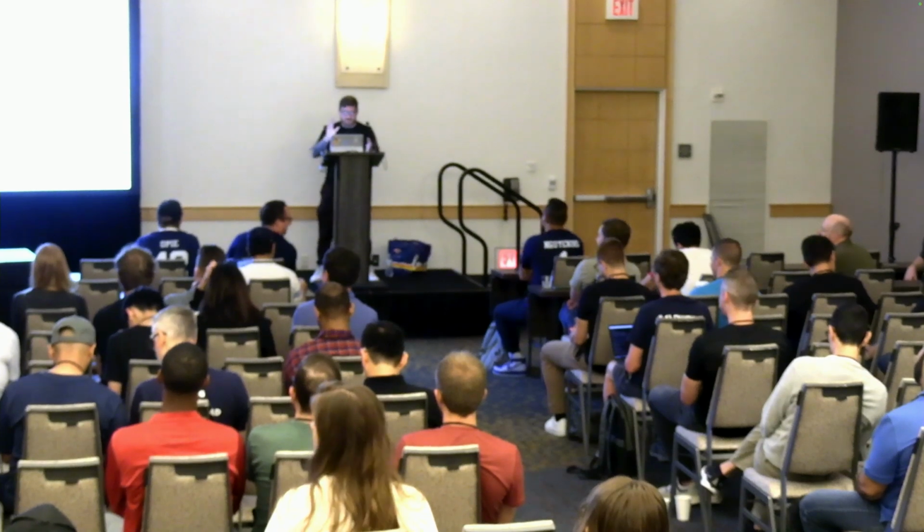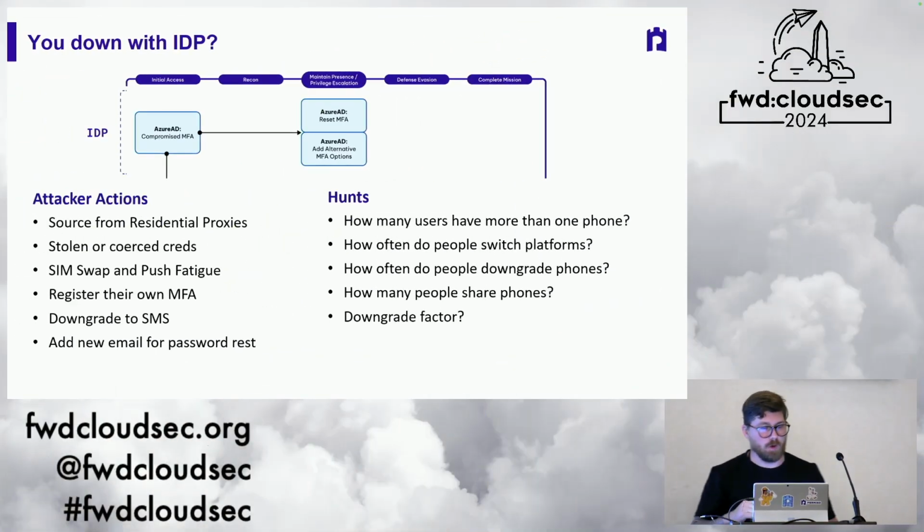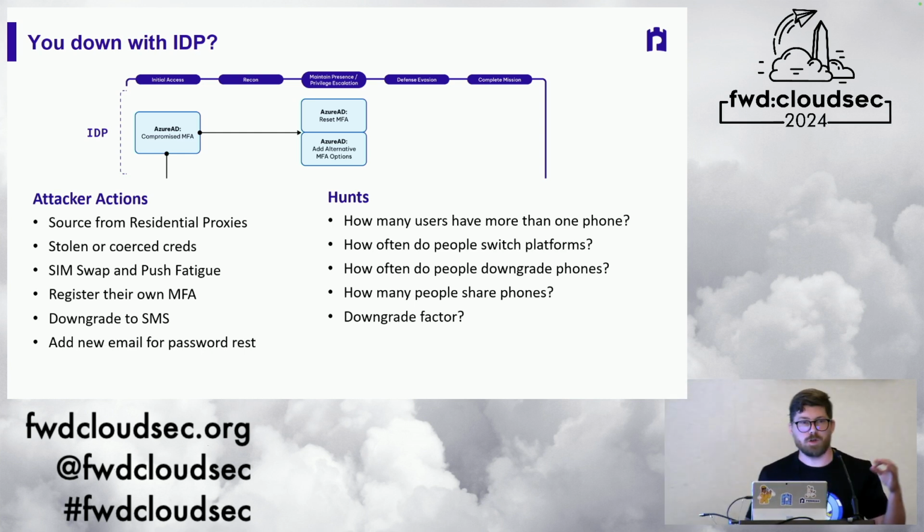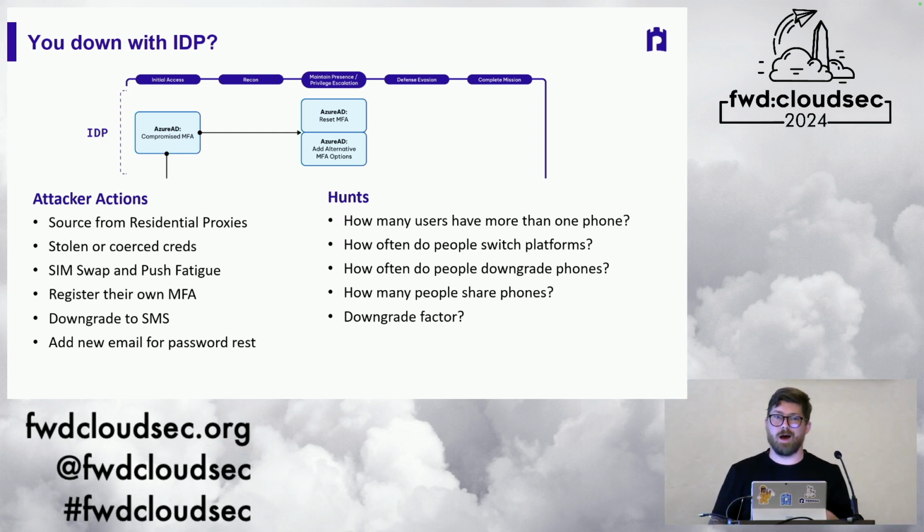All right, so let's talk about the IDP side. I'm going to be quick on this. I know everybody here loves AWS and Azure, but I want to touch on the other components of this. They're always sourcing from residential proxies, and again, very targeted about the personas they go after. They're going to buy, coerce, or bribe their way to creds very often, sometimes setting up targeted phishing infrastructure to harvest creds. If you're interested in tracking that phishing infrastructure, come see me afterwards and I'll walk you through how to track a couple of their phishing kits.